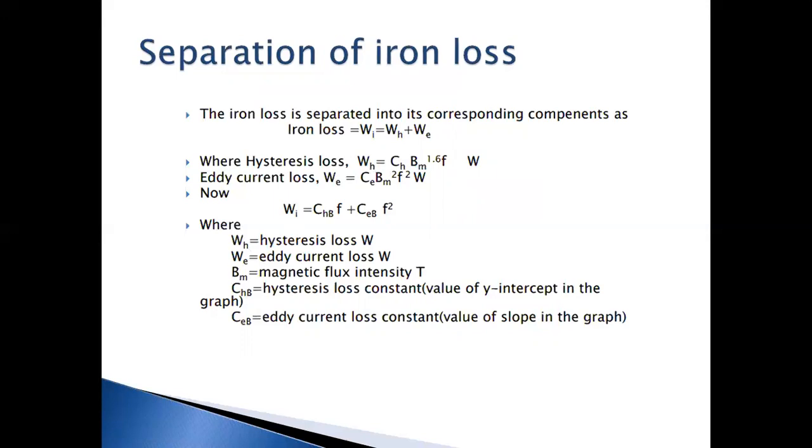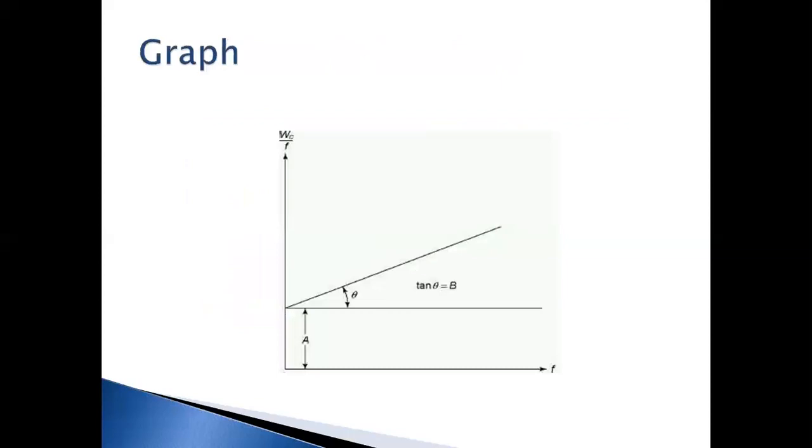W suffix H stands for hysteresis loss in watt, W suffix E stands for eddy current loss in watt, Bm is the magnetic flux density in Tesla, and C_H is the hysteresis loss constant, which is the value of the y-intercept in the graph. This total term is written as C_H and this is written as C_E. C_E is the eddy current loss constant, which is the value of the slope in the graph. That is the graph of frequency versus loss, and when we find the value of the slope, tan theta equal to B, it will give the value of